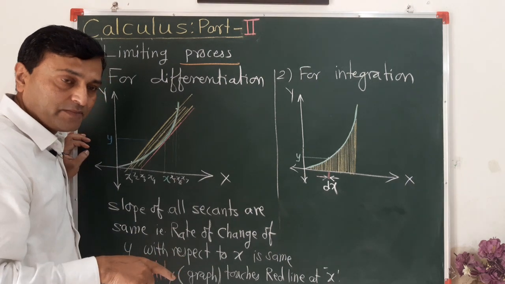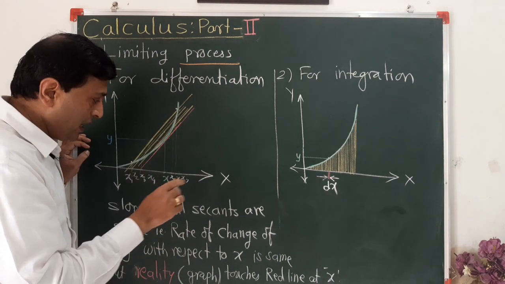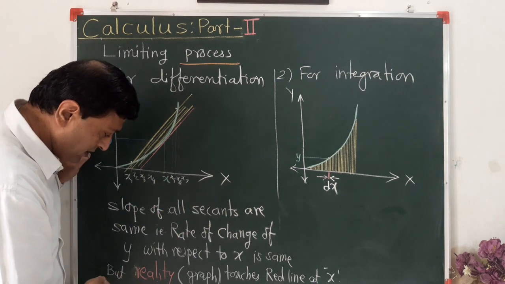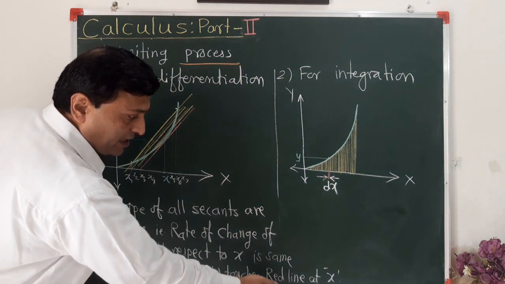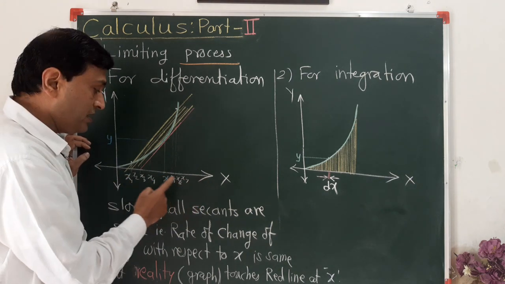Then we can say this tangent has some slope at this point, at x. That's why I have written reality, meaning the graph touches the red line at x, meaning this independent variable is at x